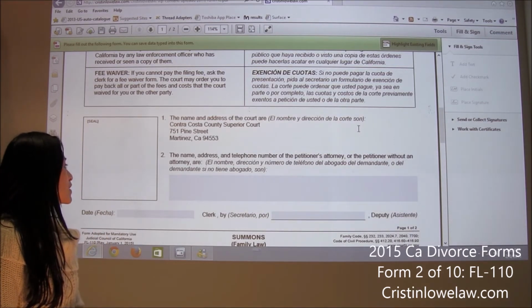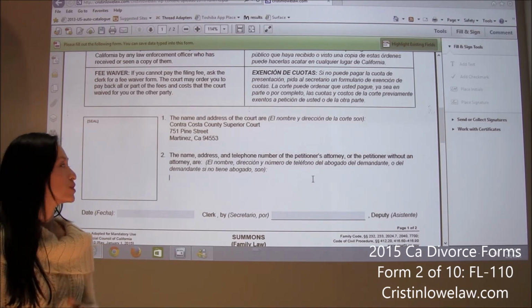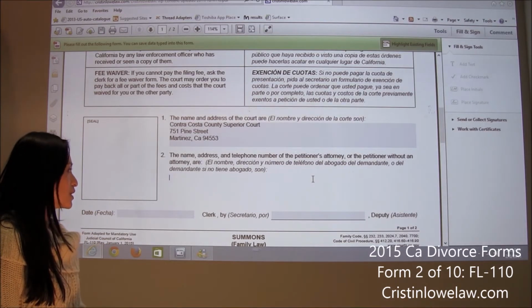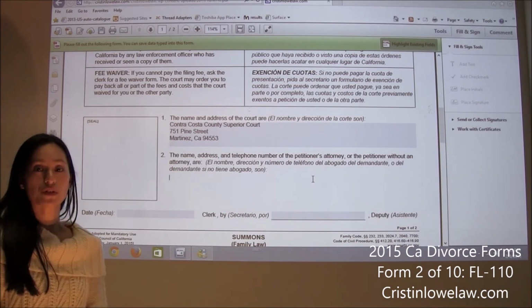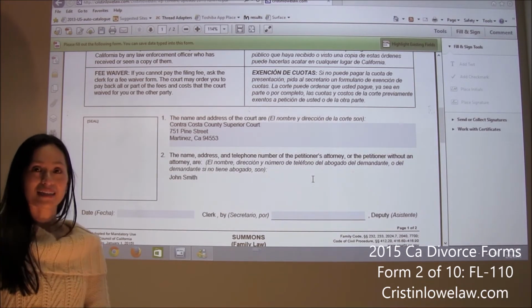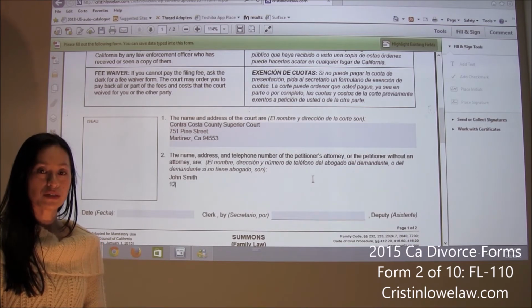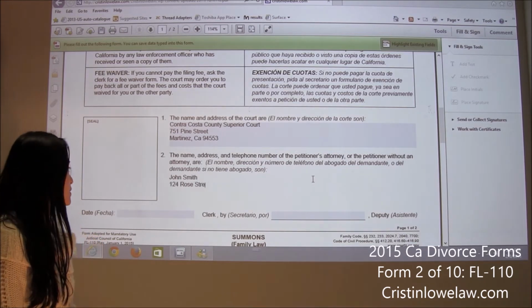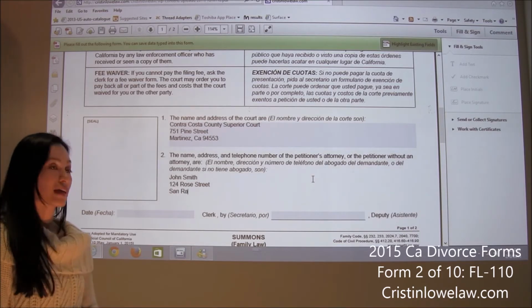And now, name, address, telephone number of you. So you're not an attorney, but you are the petitioner without an attorney. So you're going to put your name. In this case, it's John Smith. And the address is 124 Rose Street, San Ramon, California,